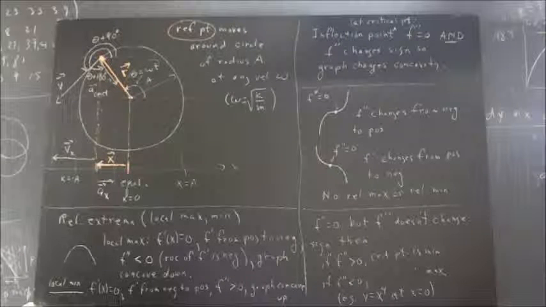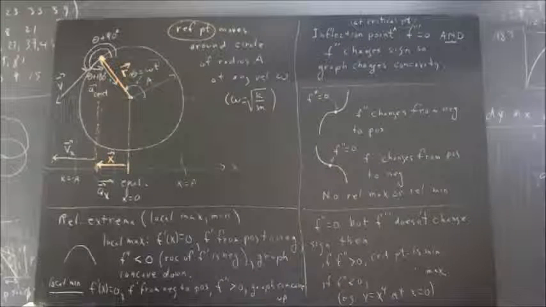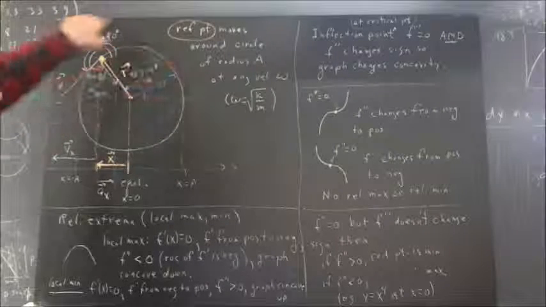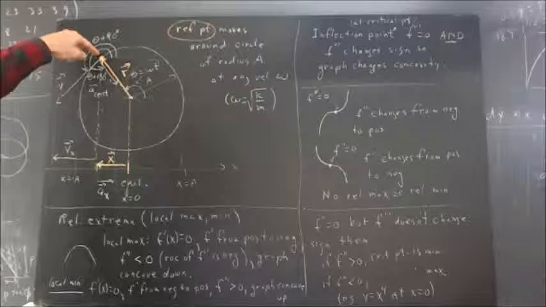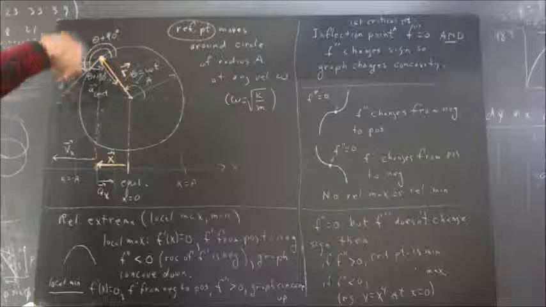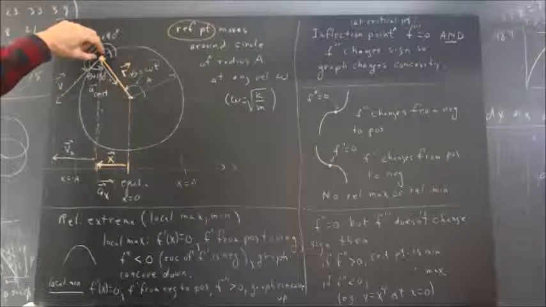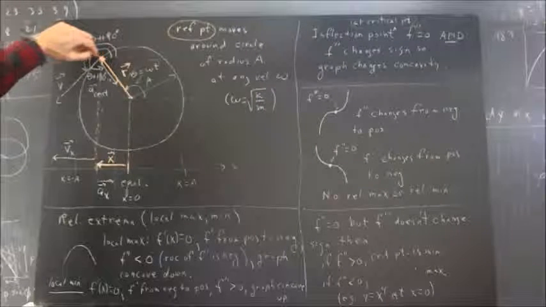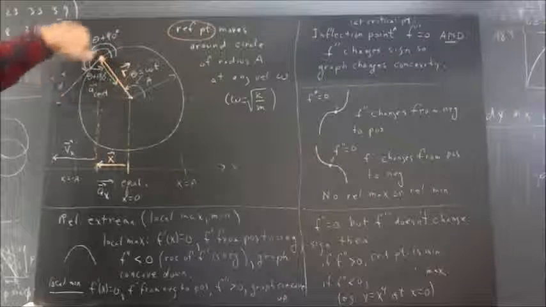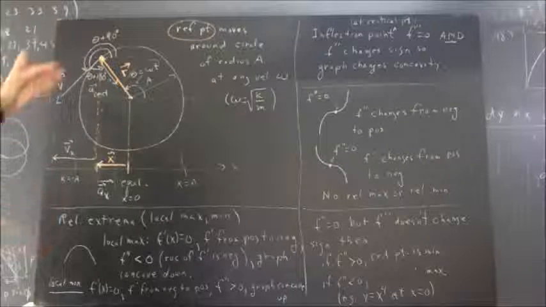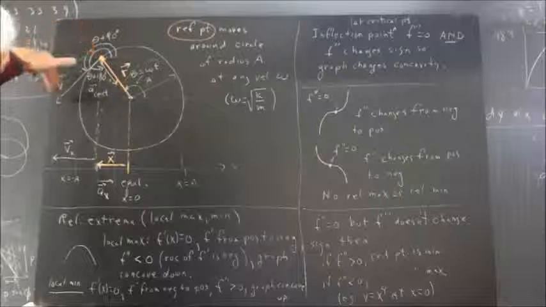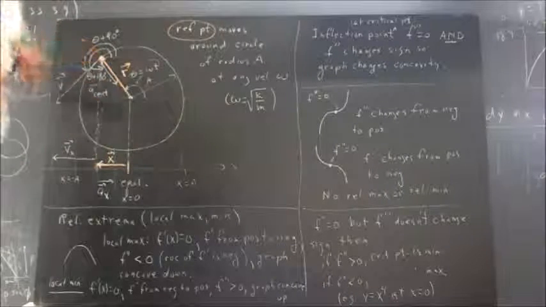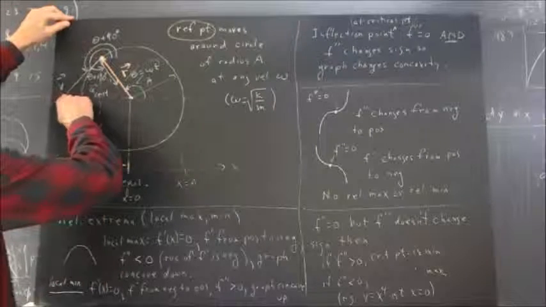Now we can model the velocity of our oscillator. Our reference point moves around the circle, and at any position it has a velocity tangent to the circle. In other words, for a very short time interval around this position, it's moving like from here to here. That's along the direction of this velocity vector, or very close to the direction of this tangent vector that I've drawn here. So our velocity vector on the reference circle looks like this,